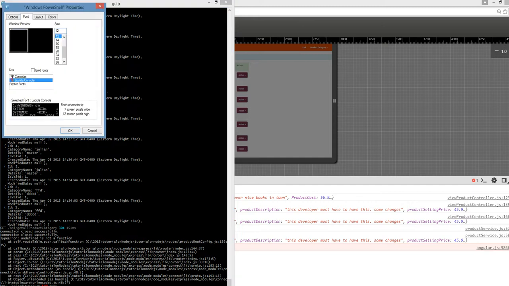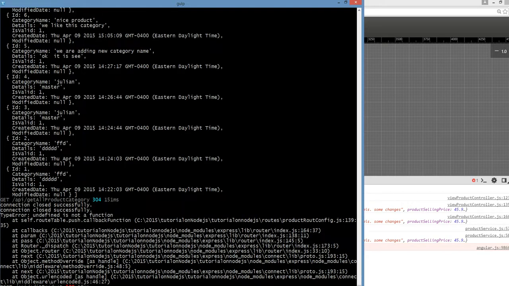I'm just going to increase the font so you can see a little better what's going on here. This error is telling me there is an undefined, not a function JavaScript error,